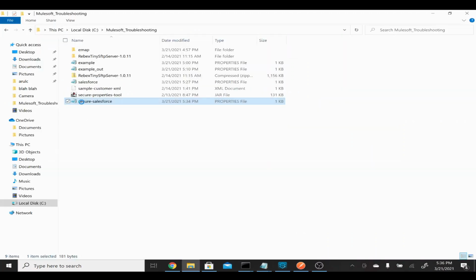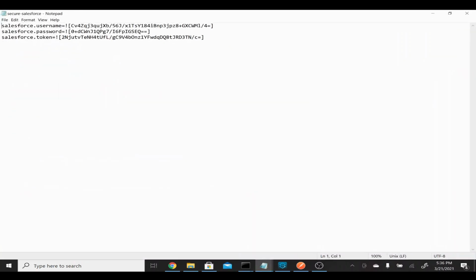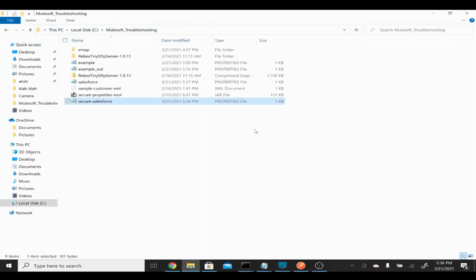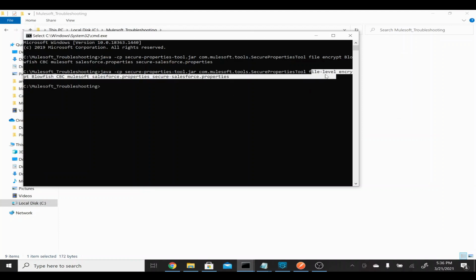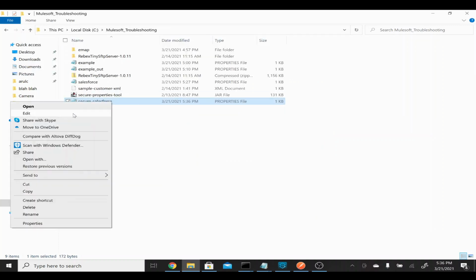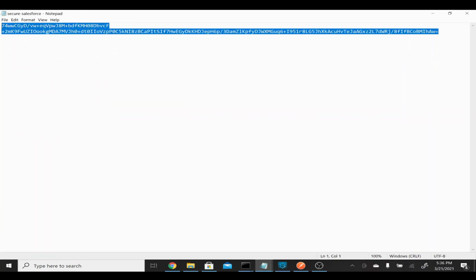Before encrypting, I'll just show you whatever we did earlier. Whatever command was executed earlier, it's individual line item, it's going and encrypting the value. So now I wanted to encrypt the entire content. I just copied that, I'm going to execute it. So here I executed the file level now. If you go and see the file now, even the key will be encrypted. So if you see here, the entire thing got encrypted.